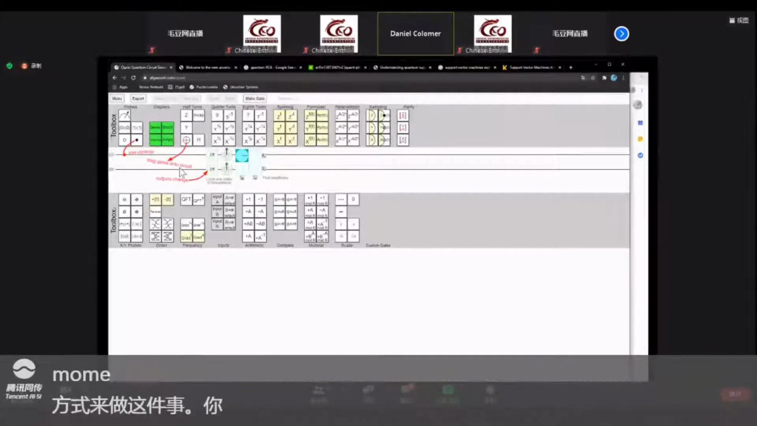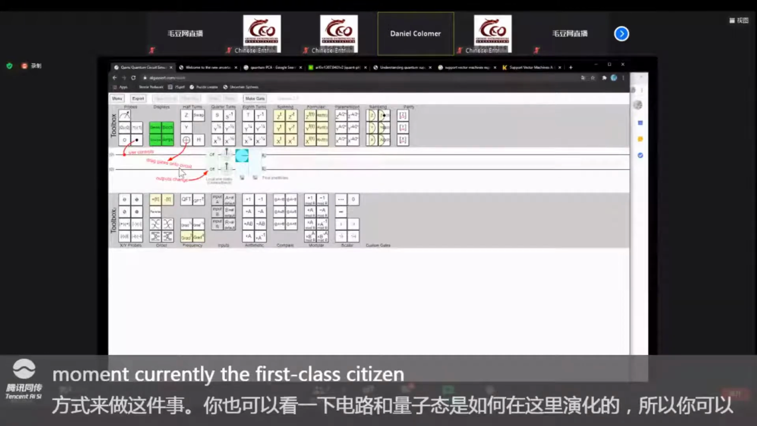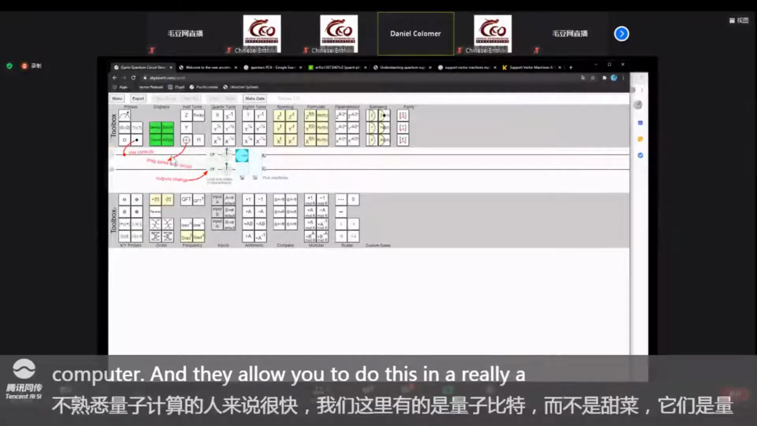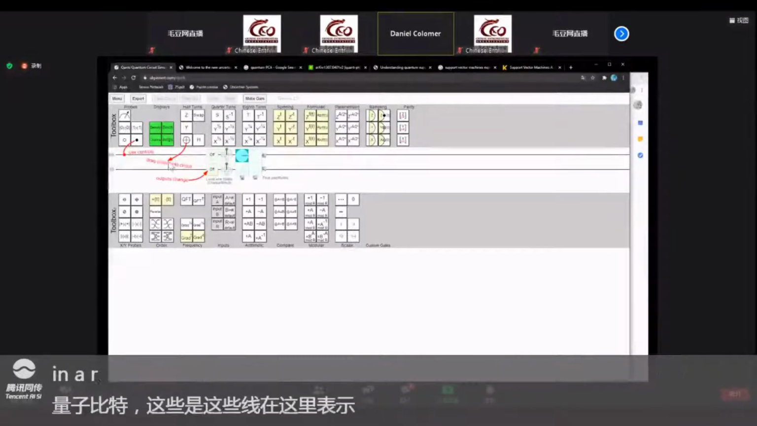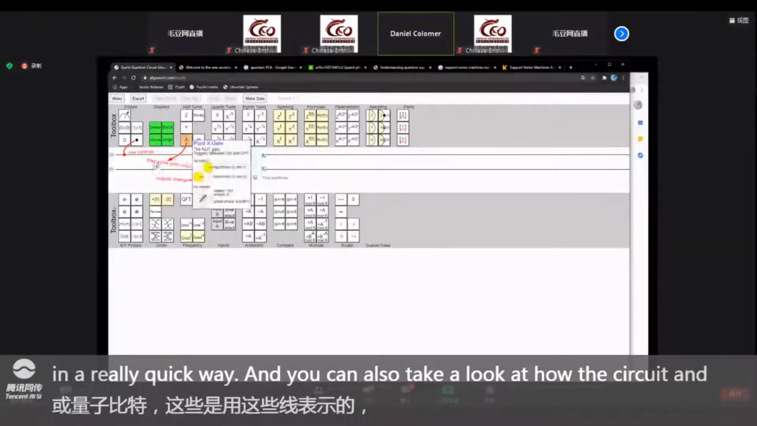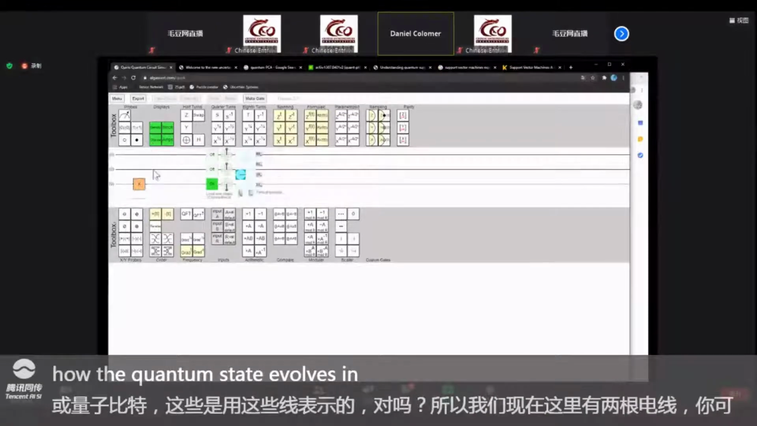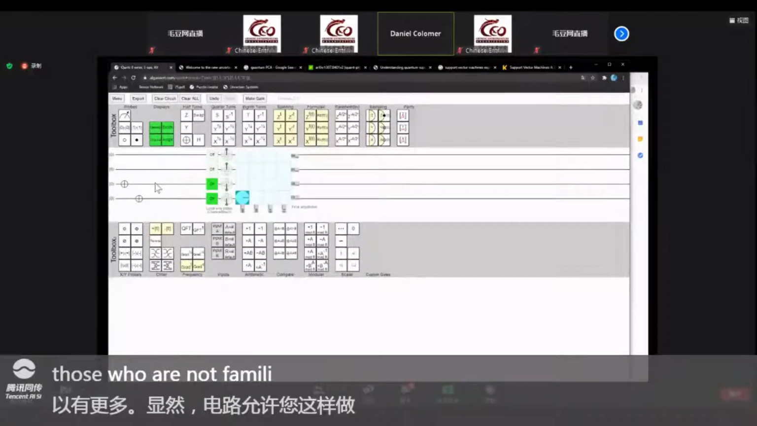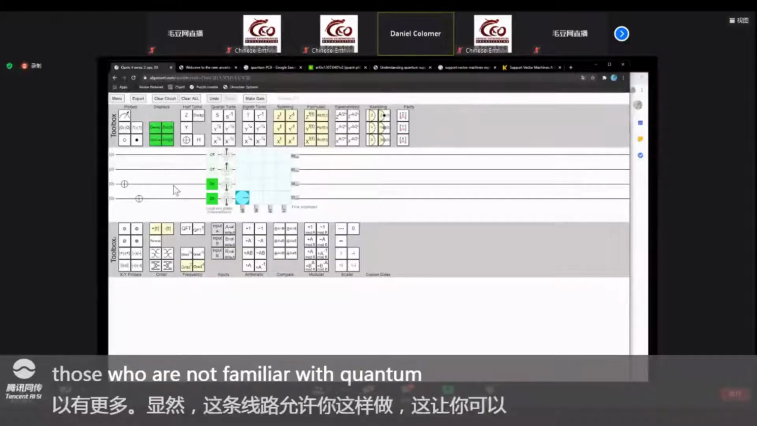Just very quickly, for those who are not familiar with quantum computing, what we have here, instead of bits, are quantum bits, so qubits, and those are represented by these wires in here, right? We have 2 wires right now, and you can have more, obviously. The tool allows you to place gates and have more qubits in here. There's a limit to how many qubits you can have, because as you can see,